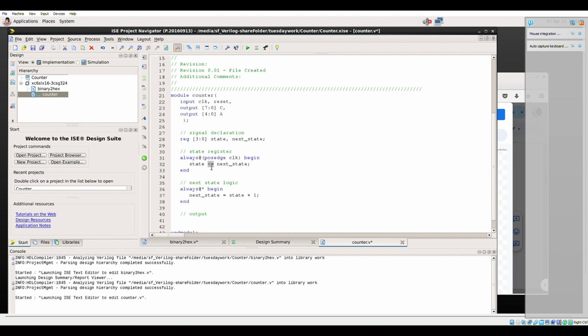Okay, why did I use this and this? This is called a non-blocking operator. If you write it like this, everything is going to happen in parallel. But if you write it this way, it's called blocking, and it's going to happen in a sequence. So this non-blocking one happens first, and then this happens. You can still put this in here, but